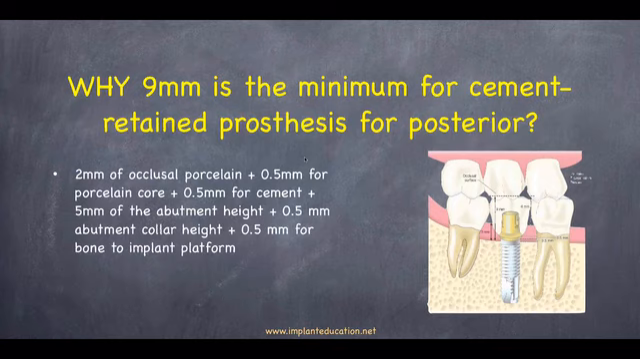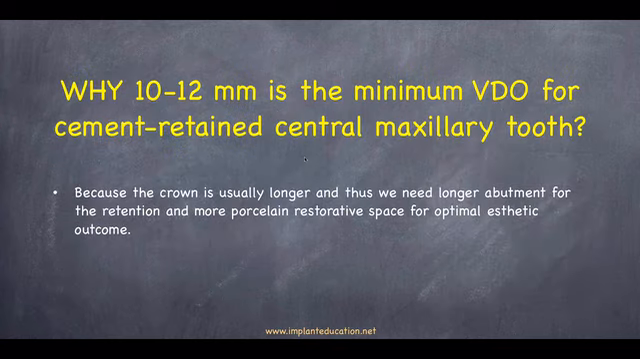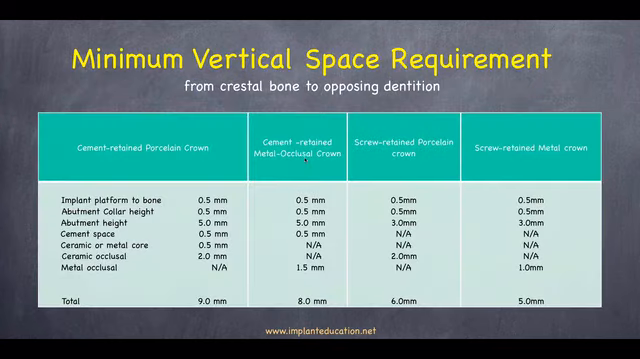I put together this table, and you can see here on the left-hand side, we have 9 millimeter, which is the minimum required for the cement retained porcelain crown, and then 8 millimeter for cement retained metal occlusal crown, 6 millimeter for screw retained porcelain crown, and 5 millimeter for screw retained metal occlusal crown. So it would be nice to remember these numbers, but would be even nicer if you know where these numbers